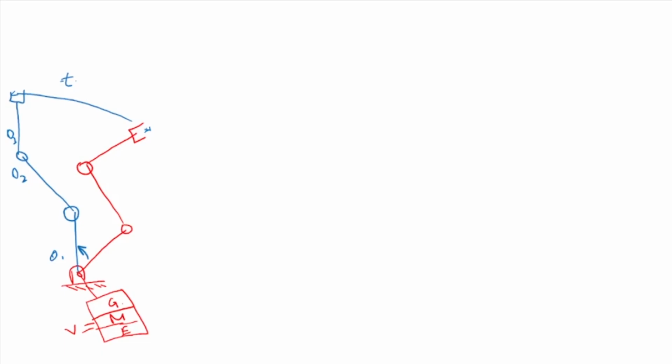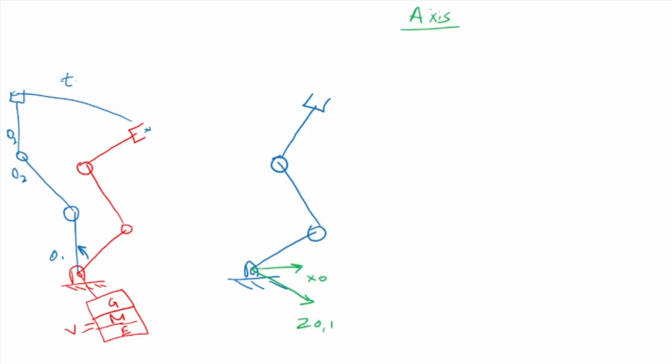We assign axes to each of the joints. So let me draw it again here. So this is my robot. I need to know the position and orientation of the gripper with respect to the base frame. Now, I fix the base frame as the fixed frame. So I assign axes. I will explain what an axis is as we go along. We are going to define axes for each of the joints. So I say Z0 and Z1 is here, X0 is here, X1 is in this direction, Z2 is here, Z3 is here, and Z4 is there. This is my X2, this is my X3, and that's my X4.